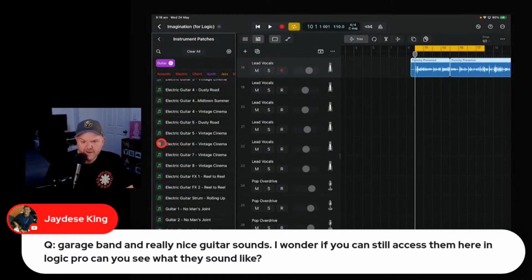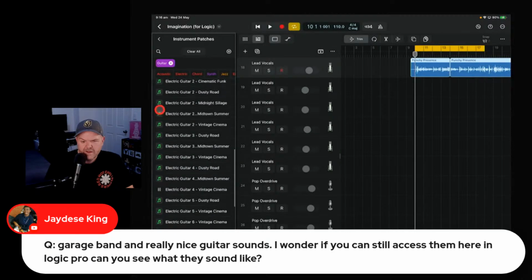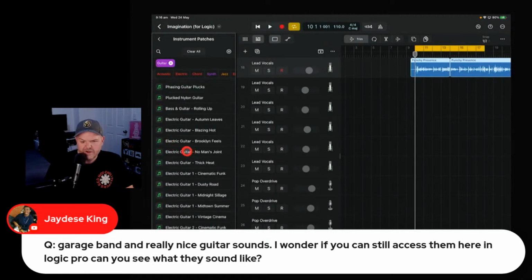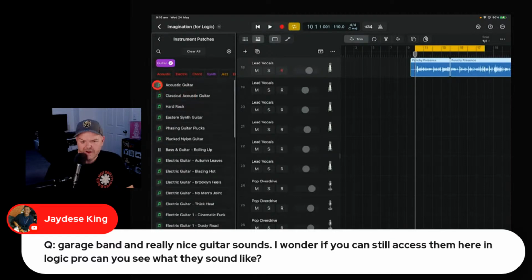So in fact, you've got a bunch of different guitars there. You've got electric guitars. So you've got the Brooklyn Fields, blazing hot, rolling up. And you've got your standard ones here. So your old school acoustic, classical, hard rock still there.